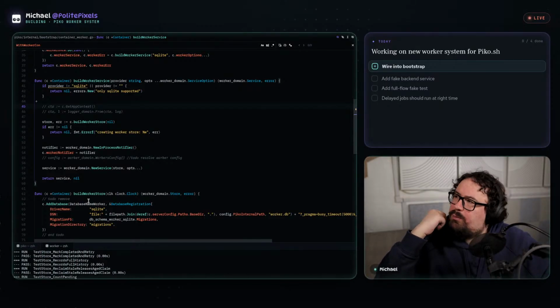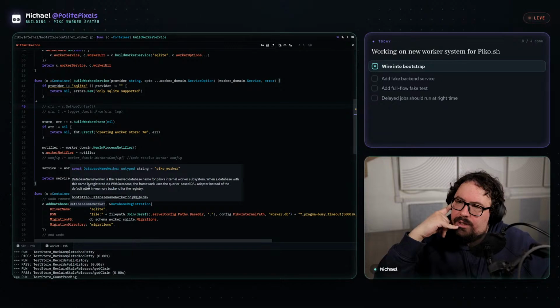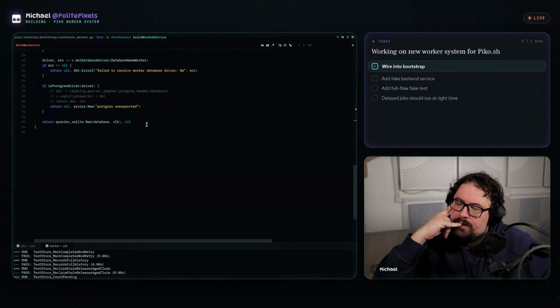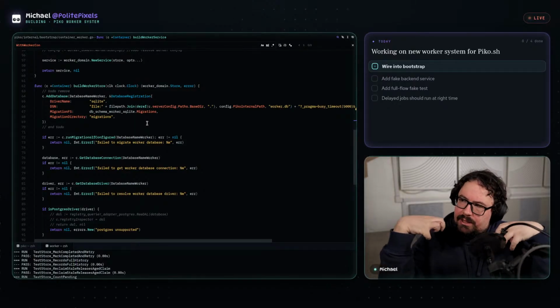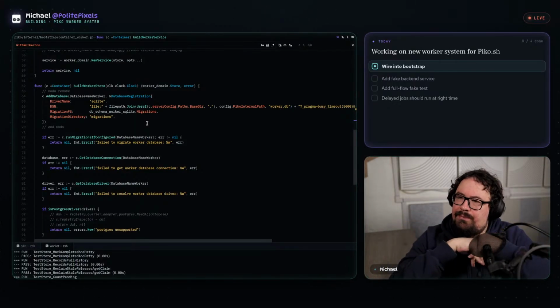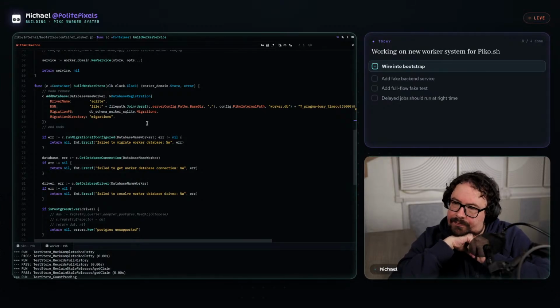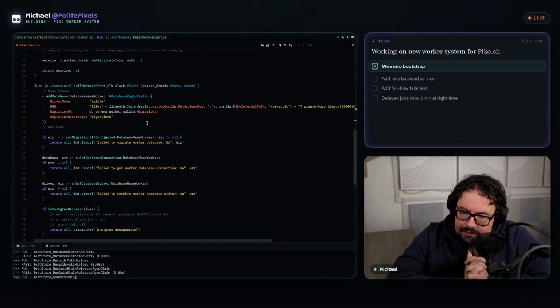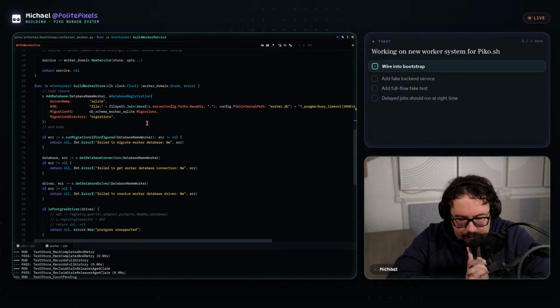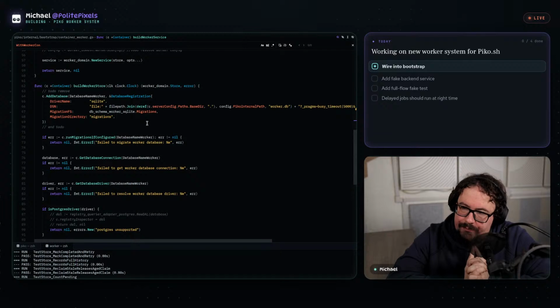I think what I really wanted to do is wire this into the bootstrap. But I didn't realize when I wanted to start this task just how many things this would make me think of architecturally. This is the type of task which makes you realize all of the things you're going to have to start considering when you want to make this actually go to production.